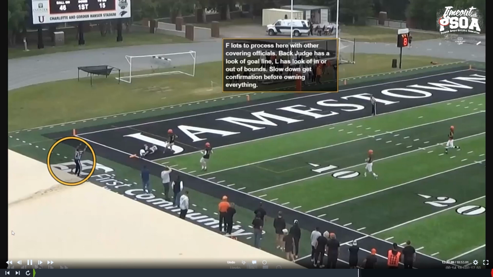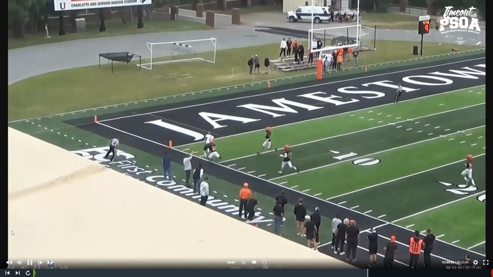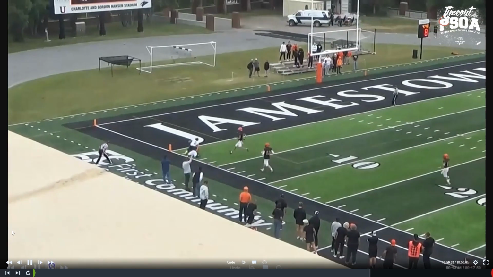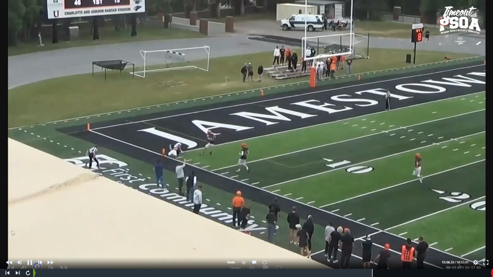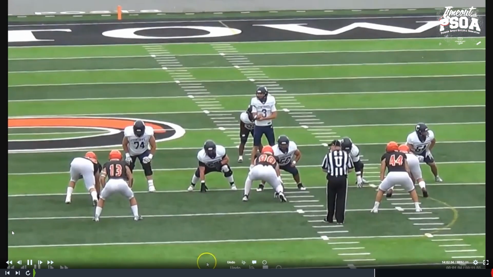There's a lot to process, and it'd probably be a good one to, if you get a head nod from your back judge, that's fine. Otherwise, come together, talk about it, because a couple things here. You got to make sure we're not stepping out of bounds here, and that's not your responsibility as field judge. That's your line of scrimmage official coming down. So you're looking to the inside, but you can help out because there's no blocks, obviously, that can occur here. Okay, but looks like we are down, but if we're not sure, then let's get confirmation. We go up just pretty quick there is all. So just take your time, have a discussion if you need to.